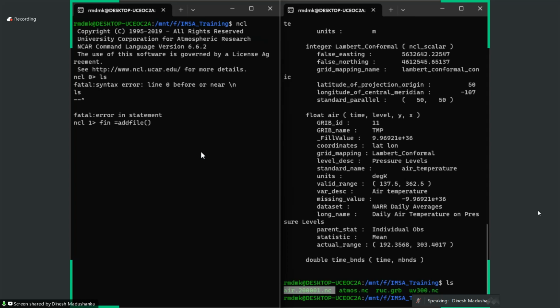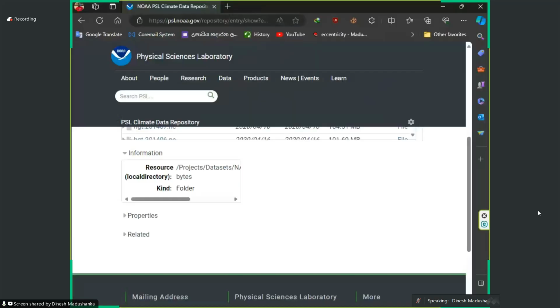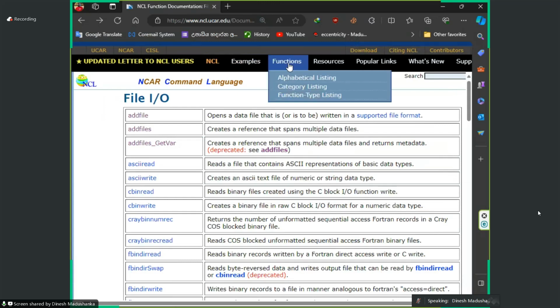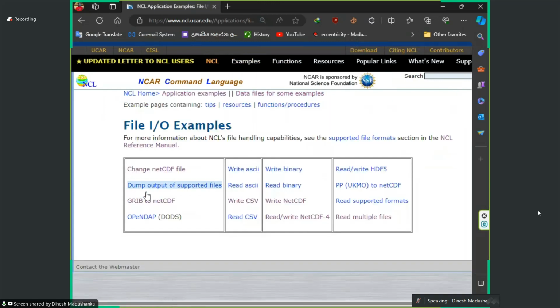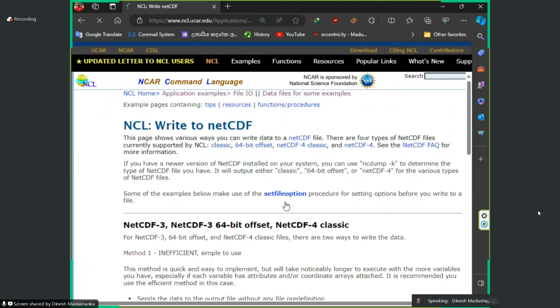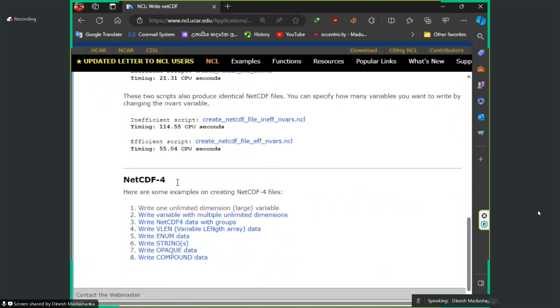Creating an NCDF file is not that easy. You can go to the NCL website, not the NetCDF website, the NCL website, and you can see example file input output. If you go here, you will see change and write. We are writing NetCDF. If you are going to write the NetCDF, you can use